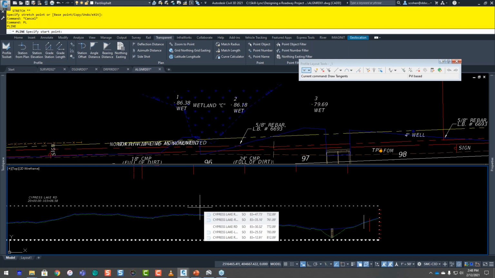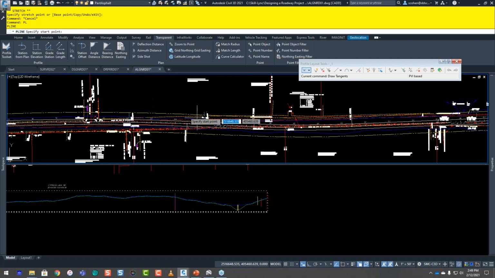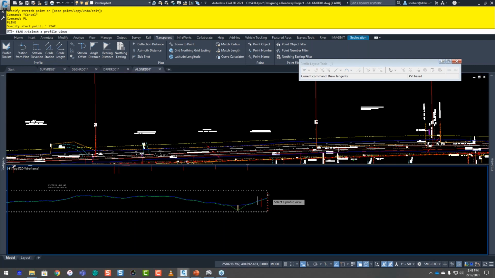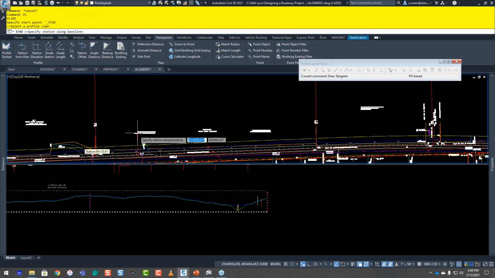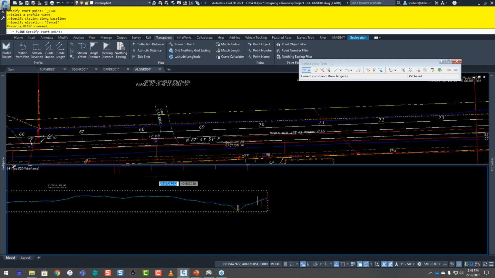And let's say I'm doing some pond design, or I've got a pond somewhere at a specific location. I want to see where it actually is. Let's say my pond is right over here. So without having to know exactly where that is in the profile or find the stations, I can just start the Powerline command, station from plan, pick the profile view, and then over here, I can say I want to go from here, and then press escape once, because I don't really care about the elevation, and then pick. Did I get it? Nope, I must have missed it. Let's try that again. So let's just do Powerline, and then I'll pick station from plan,